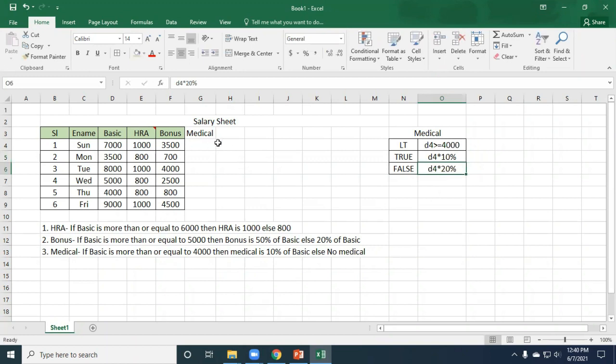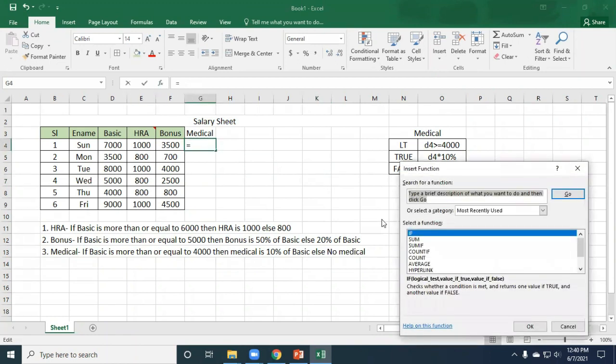You cannot write no medical. If you write no medical, whenever you add or summarize the values, you will get an error message. In that case, instead of no medical, you can write 0. So this is the function for finding out medical. Same way, just select fx.